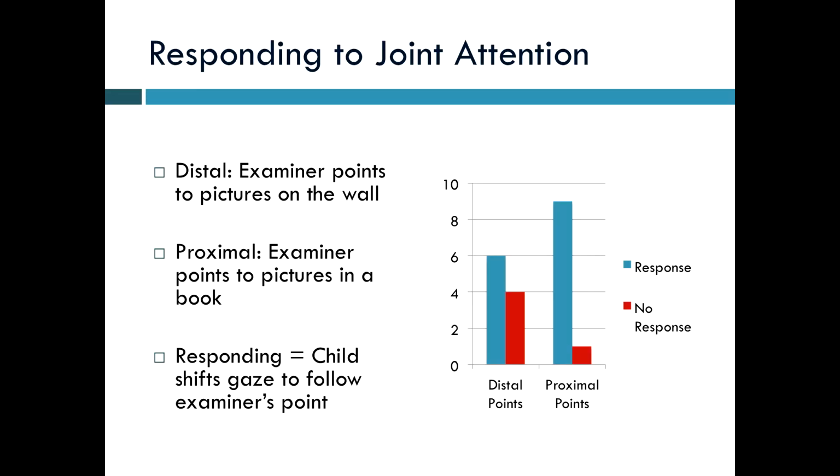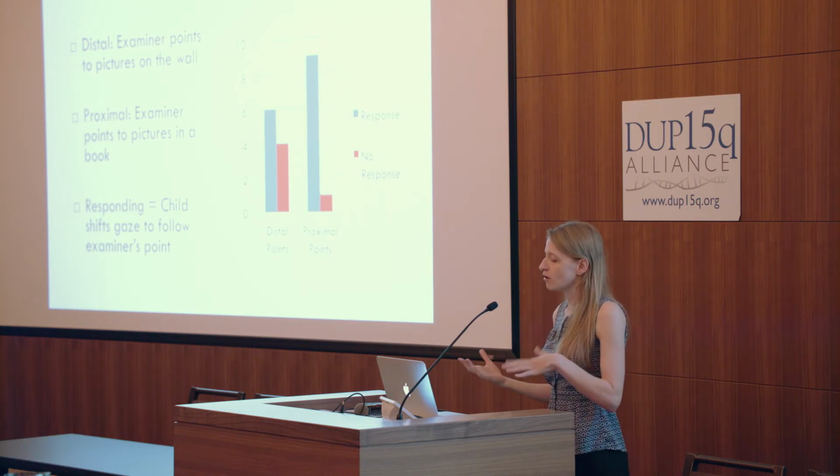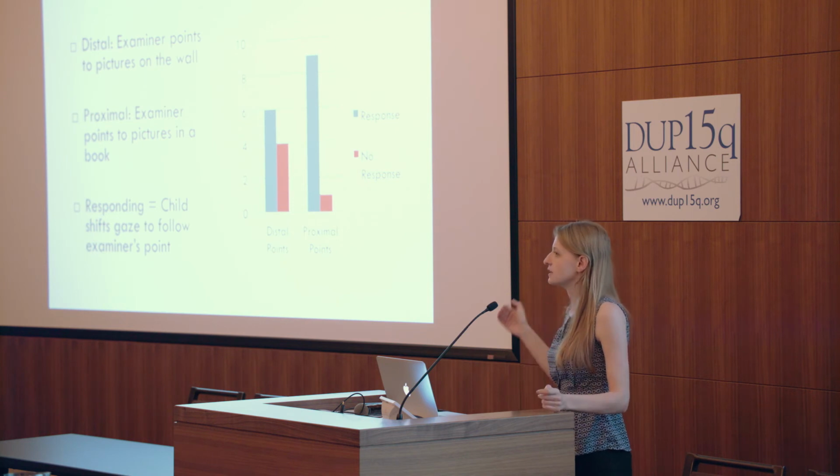So this is just a bit exploratory, but we coded from that original study that I presented, the 10 kids who had this assessment, to look at their data. And you can see that all but one of them responded in the proximal pointing condition, where it was pretty easy to just shift their gaze. It was right there on the table. But only about half of them were able to respond in the distal pointing condition. And we do it 8 times, and most of these kids who responded only responded once or twice out of the 8 times. So I think moving forward, this suggests to me that this might be a good way to